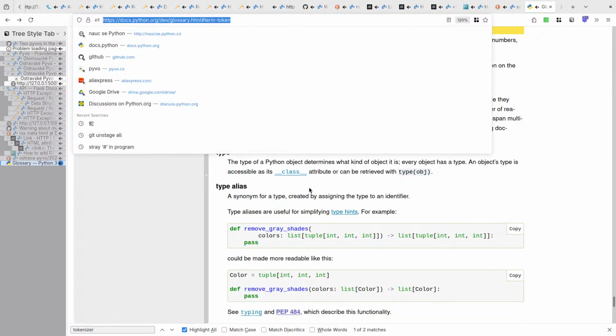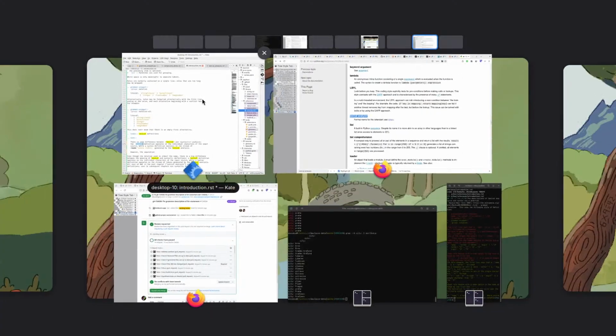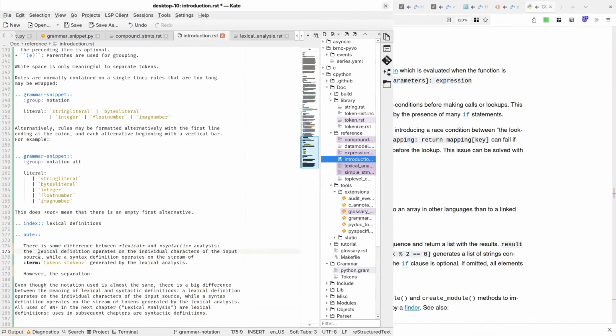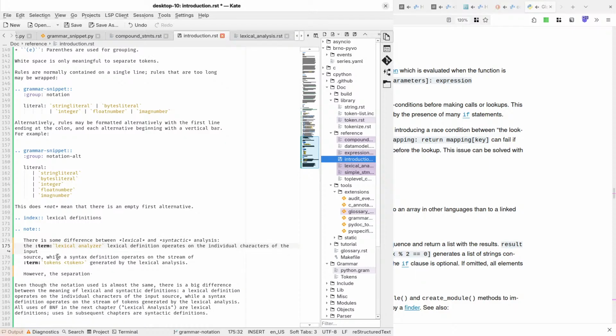Lexical analyzer is a term. Okay. And I suppose the lexical analyzer is the same for F string, right? Because it's basically the tokenizer. Yes.